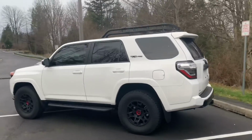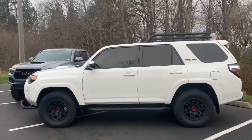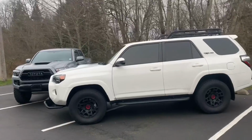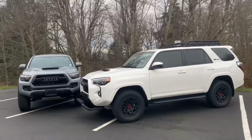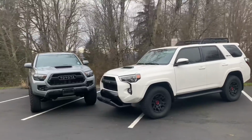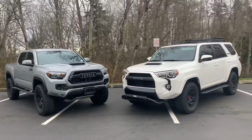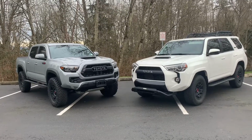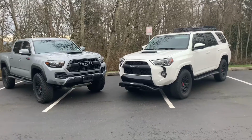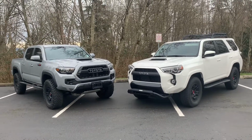So which one would you pick if you had to pick one of them and you only had one vehicle? You know, pretend you didn't have any other vehicle and you had to have one. Which one would it be for you? For me, it's super tough because, especially the way the Tacoma's set up, I absolutely love it. I mean, especially with all the additional goodies, it is perfect in my opinion, especially with the cement gray. The Tacoma, or the 4Runner,